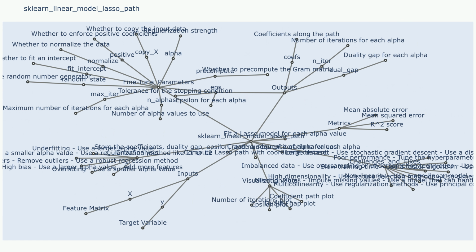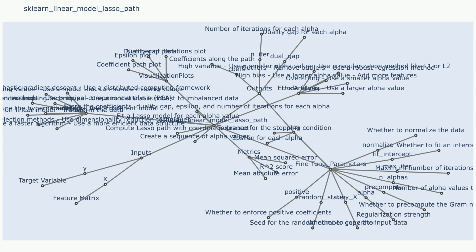Fixes to challenge 2. Cross-validation: use cross-validation to estimate the performance of the model for different alpha values and select the alpha value that minimizes the error on the validation set. Grid search: use grid search to evaluate the model performance over a range of alpha values and select the best